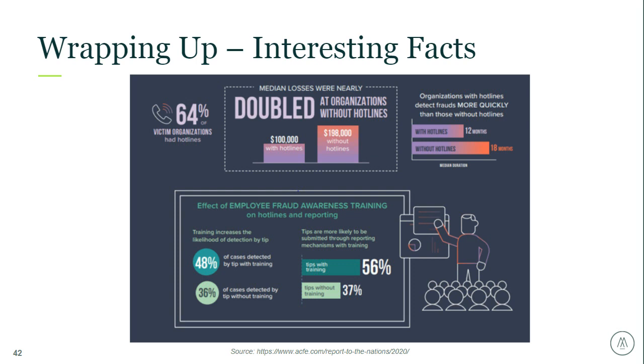And then another important item on here that we've talked about a little bit throughout the presentation is the efficiency and effectiveness of identifying fraud in organizations that regularly have a lot of their employees attend fraud and ethics trainings versus organizations that do not. So tips are much more likely to be submitted in organizations that have had fraud training, as the employees better understand the red flags, their role with internal controls, and what suspicious or fraudulent behavior might look like. So that's another important entity-level control to consider, especially in this environment with all of the new risks and new employees coming on board.